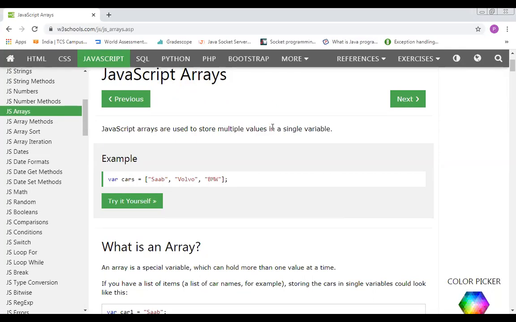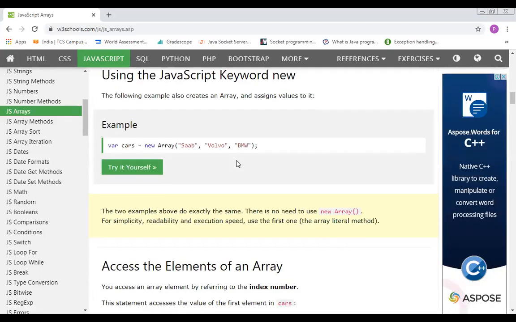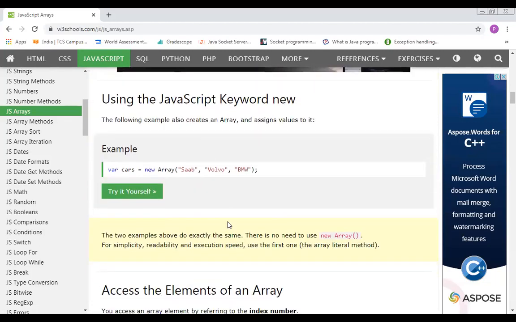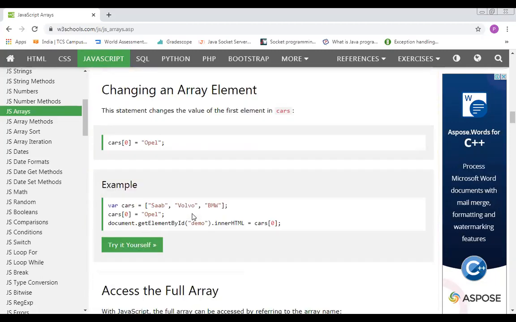You will understand in your further development of the software how it is helpful, because it is very helpful in development of software by defining the real world objects within a web domain. So today we will understand what an array is, how we create an array, how we can create an array as an object with the help of the new keyword, and how we access those array elements, because every array element has an index number.